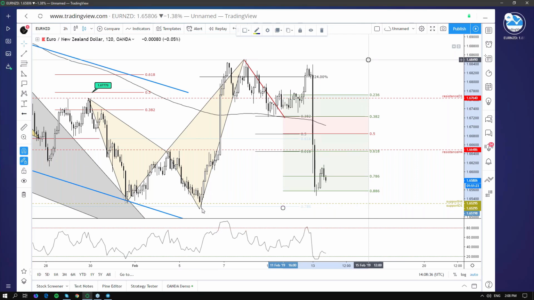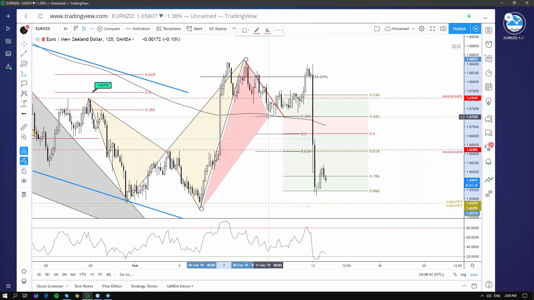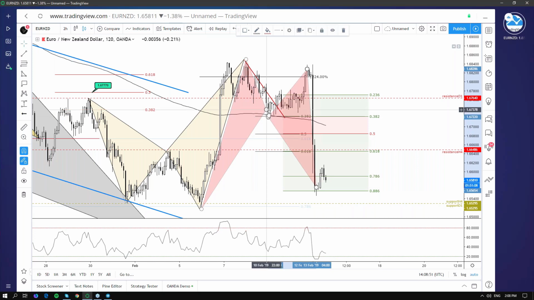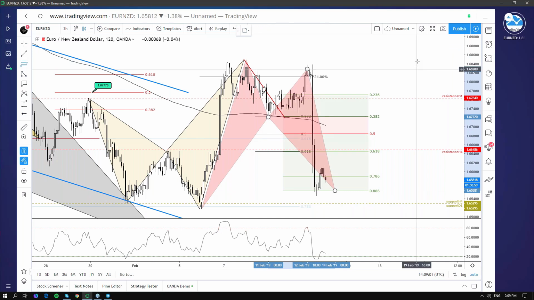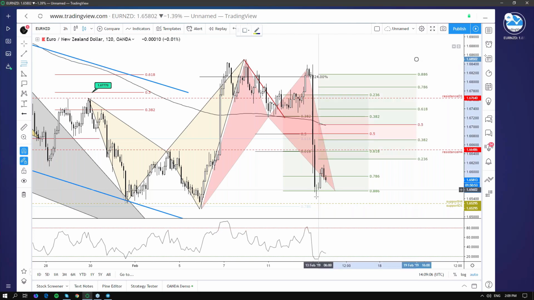This forms also a bullish bat pattern here. So we have one first impulse wave, a relief, a retest of the highs, and the 88% retracement below. This is the default level for the bullish bat pattern. At 88% retracement, from this point we measure a retracement from the previous structure highs to the most recent bottom, and we expect